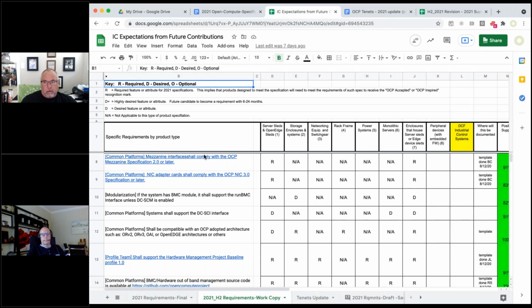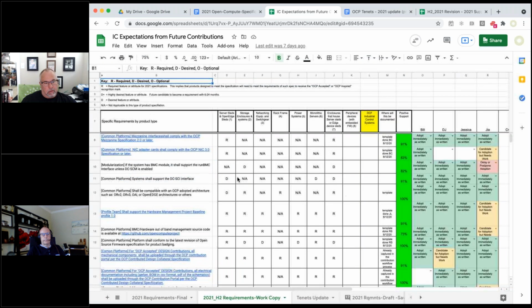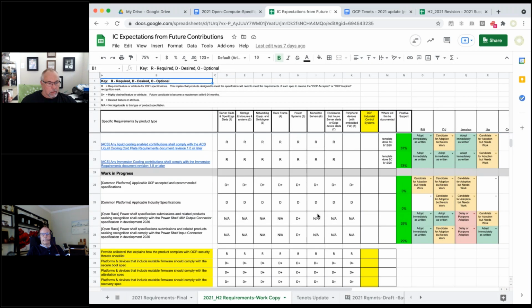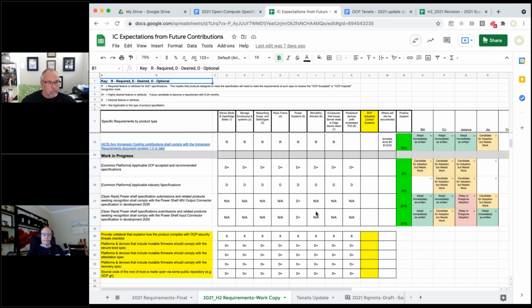That's a raw thought. Yeah, so you're saying that whatever is required for the storage device or the transceiver would be an NA for server, network, storage, rack frame, and it would only have applicability in that one column. In general, correct. But there might be an item where, just because we have a new column, it makes a requirement for another column. The algorithm would need to allow for that.